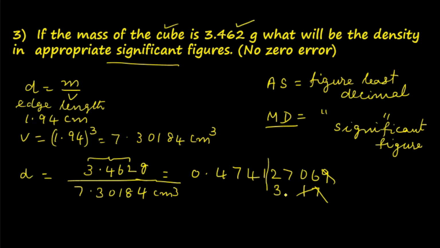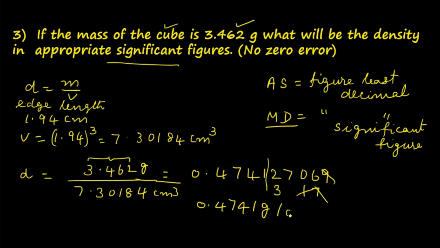But 3 is less than 5, so the preceding 1 does not change. In this case, there is no need to start from the end figure. The number to be dropped is 2, and even if it increases by 1, it will be less than 5. So you can directly drop all the other figures and give the answer as